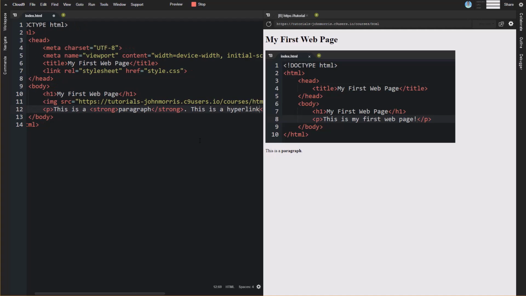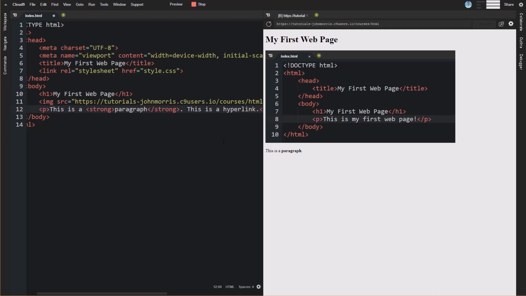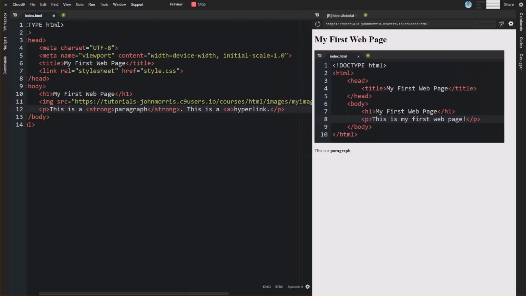Now, the hyperlink is denoted with the A tag. Now, that may seem a little bit confusing, but this is technically called an anchor. And we'll talk about anchors sort of towards the end of this. Let me scoot this over just a little. But it's technically called an anchor tag. So that's why it's an A. So with the anchor tag, the attribute that we pretty much have to specify, except in certain situations, is an href, which is hyperlink reference. So this is the URL that we want to link to. So here we'll just do